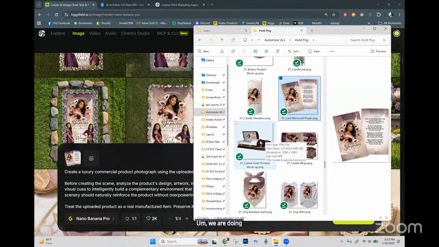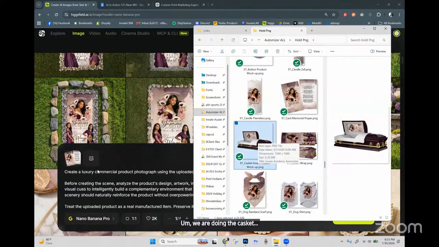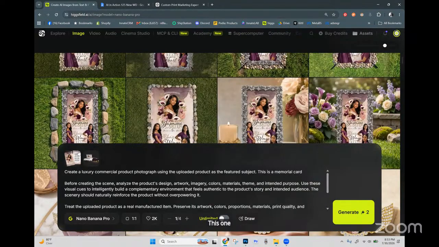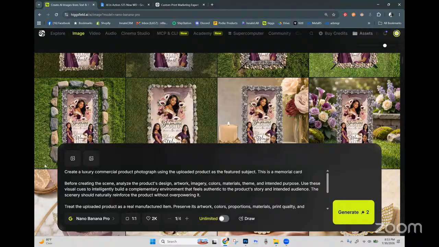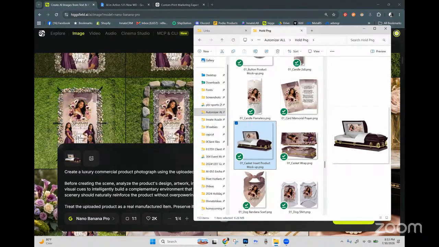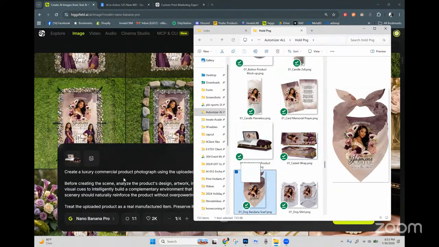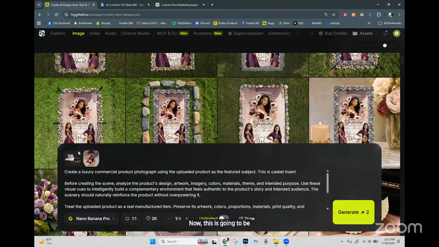We are doing the casket. This one is promoting the casket insert. So casket insert. Now this is going to be interesting because I'm going to tell it that this is a dog bandana, because it wouldn't know that from this, right? So let's just say this is a